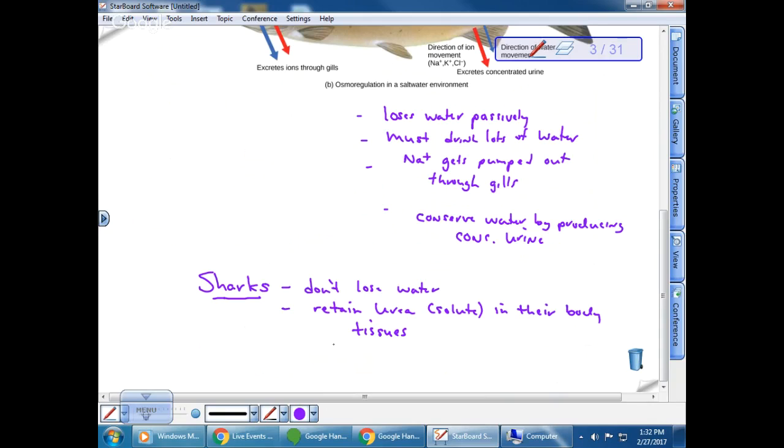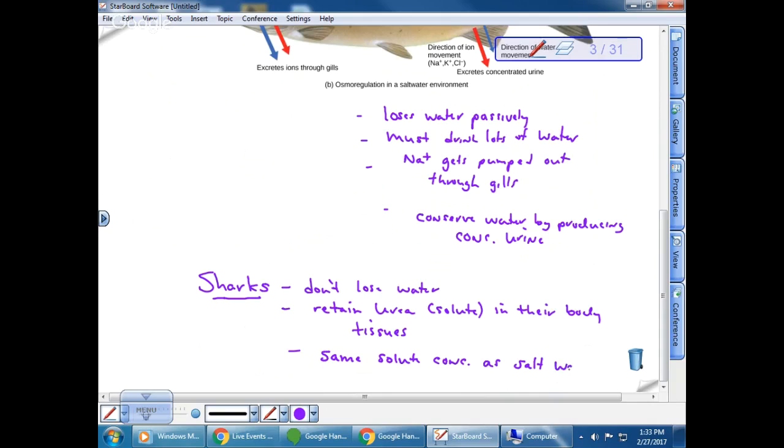And this makes them the same concentration. So they have the same ion concentration as the outside. So they do not lose water, right? So they are the same concentration as salt water. So same solute concentration,